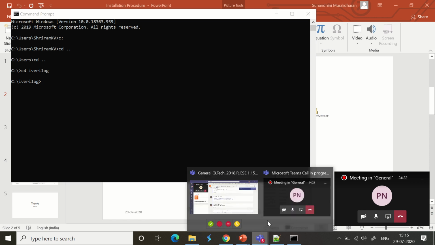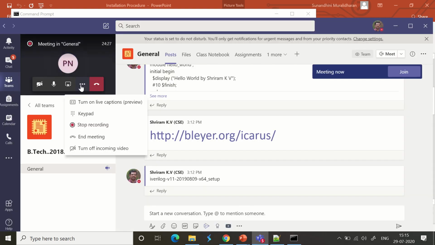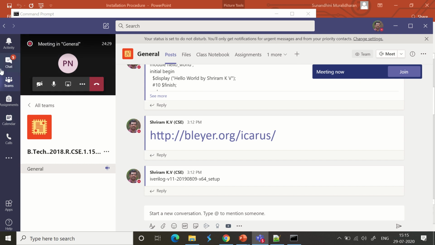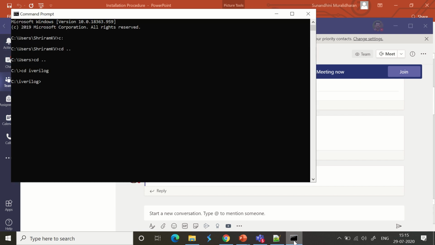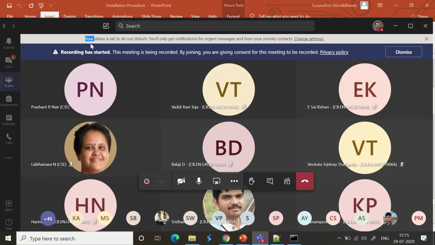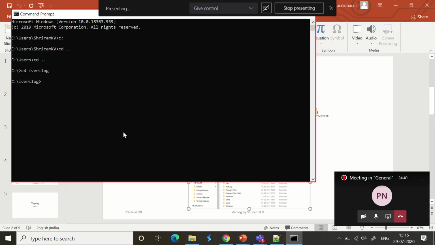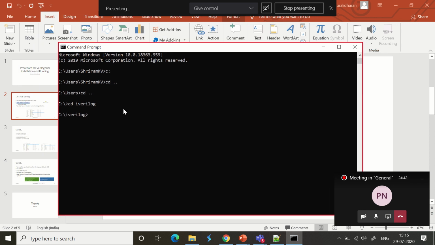Now I am going to share my command window. You are going to use the command window, and quite a lot we will be using the DOS prompt. So please learn the fundamental DOS commands, otherwise it's going to be difficult. I'll use some of them right now, and it will be easy for you. Let me open the command prompt. I hope you can see my command prompt right now.